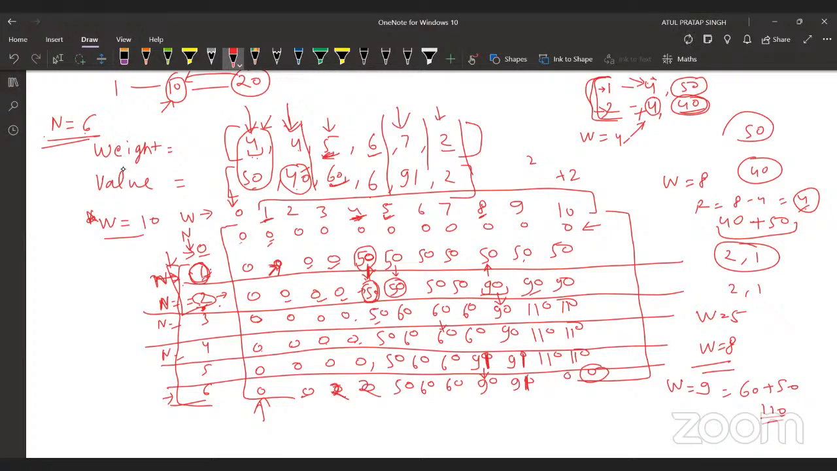Now for 9, we are selecting this 2, and the remaining will be 7. 7 is 91. 91 plus 2 is 93, but previous is 1110, and same for this is 1110. So in the last row and last column combination, we are getting this 1110 value. This is the answer. That means we can get the maximum value 1110